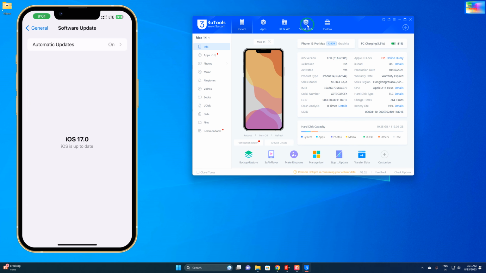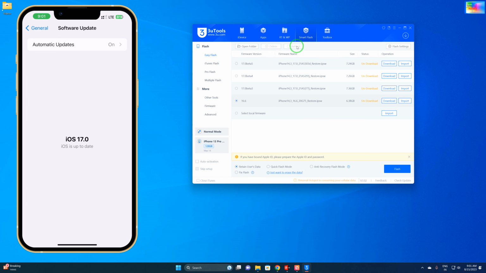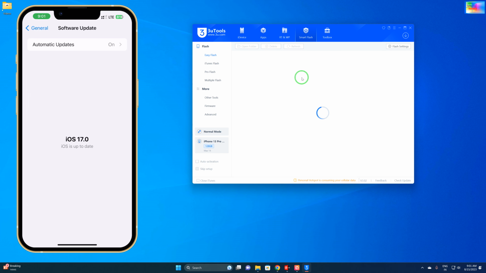Yes, we will click there. Sometimes if you get any error, then change the internet connection and try again. It will start to download, guys. Right now, we will click on the refresh option once again, and as we see the details